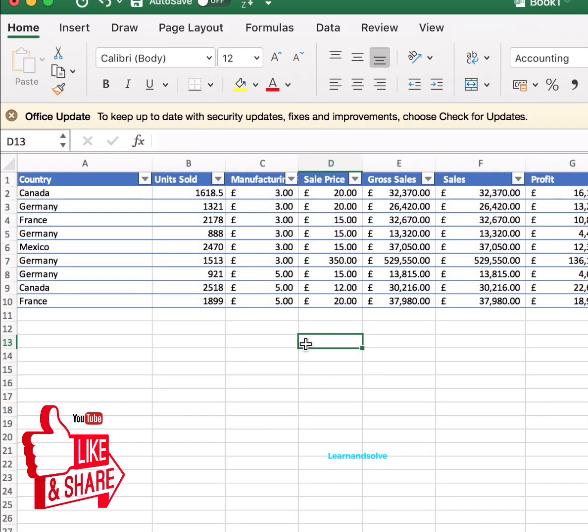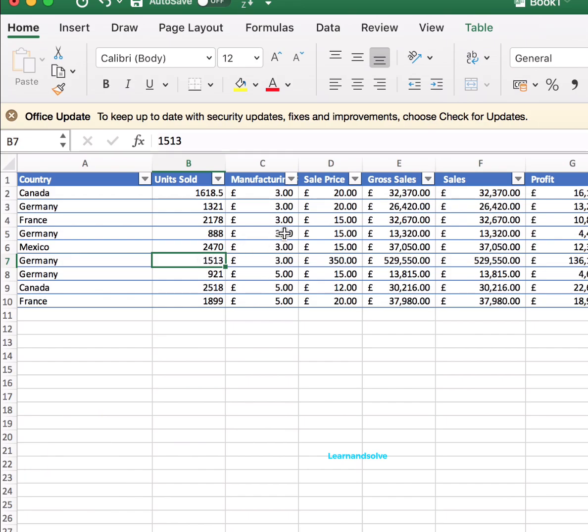Now, sometimes you may not want to add these numbers or these numbers. You would like to add this one, this one, this one, and this one. How do you do that? You simply have to press the Ctrl or Command key and select the cells you want,